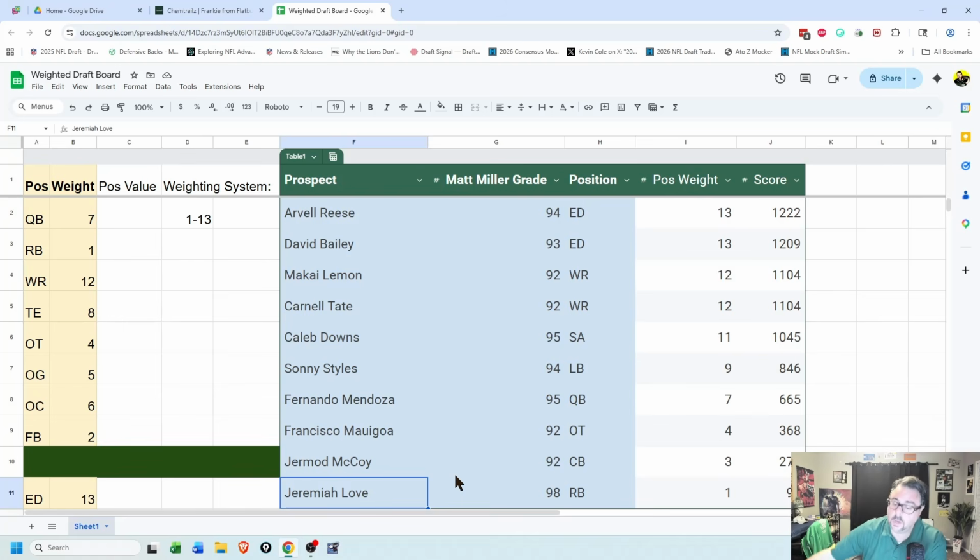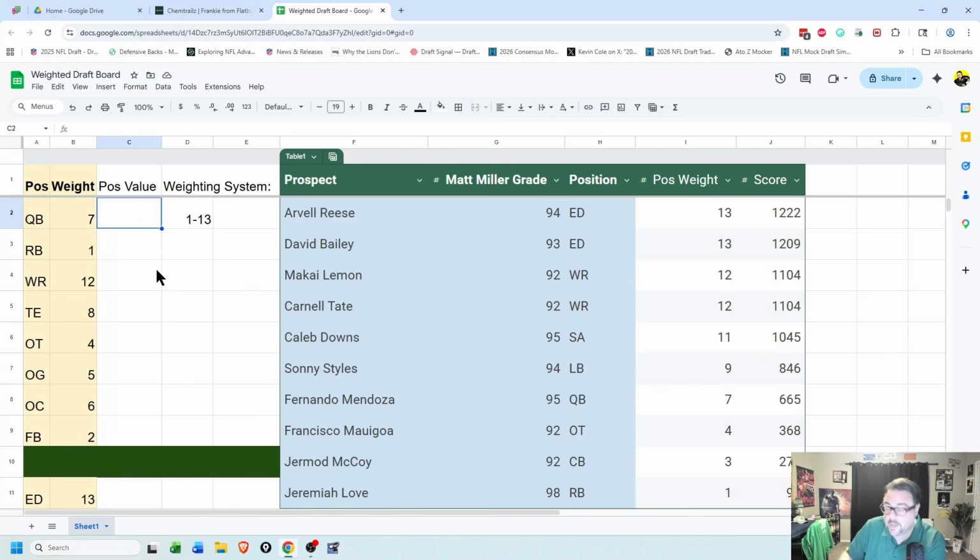Now, you could do different things. So this is just an example of what we're talking about here. But you could also have this column I left clear. You could have a positional value column that you put into the mix, where you value the quarterback, say, as the highest, as you should. It's the most important position. So you would give that 13, and maybe,